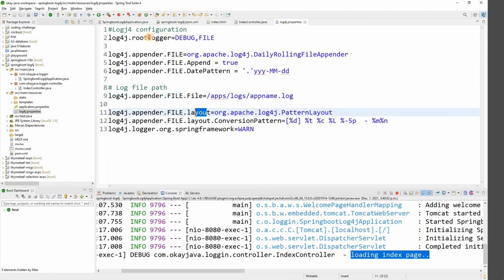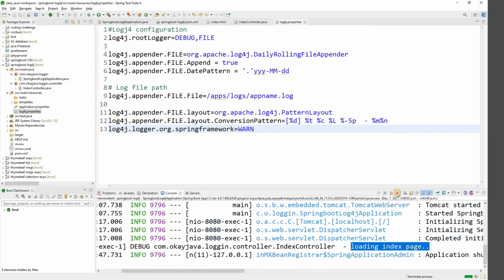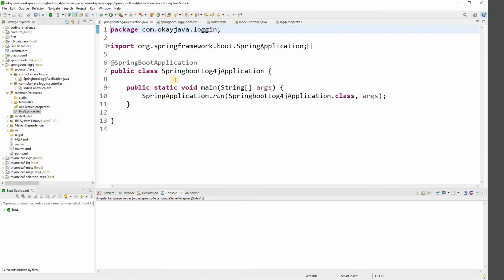So guys, we discussed about logger object, appender, and the layout, right? So here is the layout pattern. We are going to use PatternLayout. Okay, here we have specified the conversion pattern. So guys, to understand these properties, these values, I have a table, and then we'll discuss this one later by end of this video. Okay, now what I'm going to do is I'll just stop our application and I will restart our application.